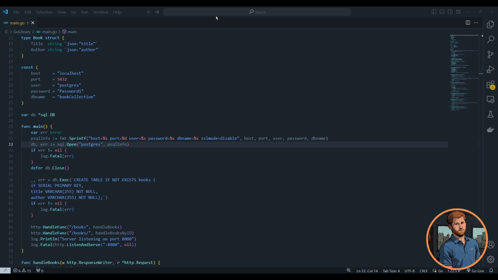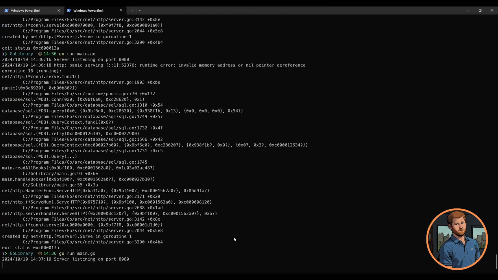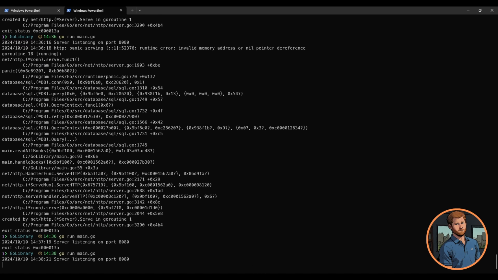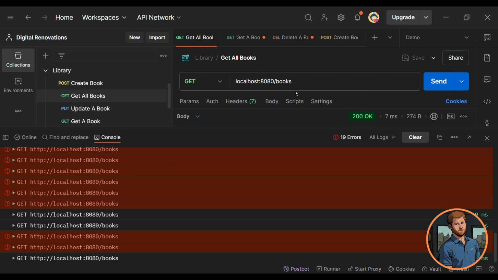Alright, so I've been sitting here looking at this for quite some time, and looking at my notes because I had a copy of this that was working and trying to work out why it was no longer working, and it's all because of my colon, this colon right here specifically. If we get rid of that, save, so I don't want to create and assign, we just want to do this, equals, yep, awesome. We'll run it, come in here, we're going to get all books, and it's working,